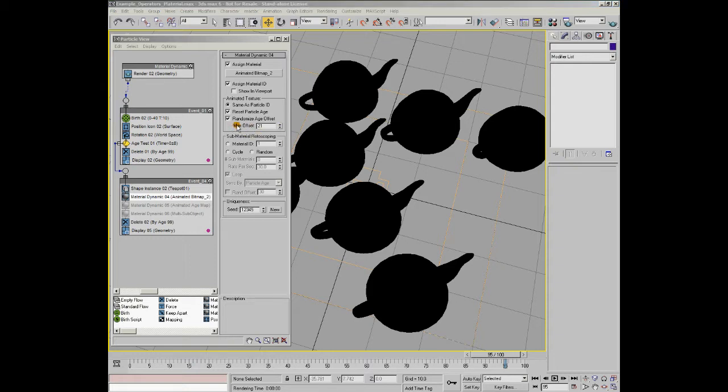So as I said, the maximum offset, as far as I understand it, is a positive offset. You can't really start the bitmap sequence on a negative frame. That wouldn't work very well. So obviously, at the point that the particle enters the event and gets assigned its dynamic material, it can be assigned one of those bitmap frames anywhere from frame 0 to frame 21, and it's just random,